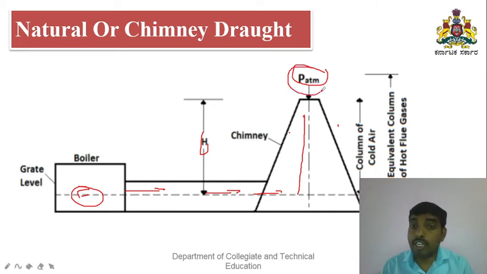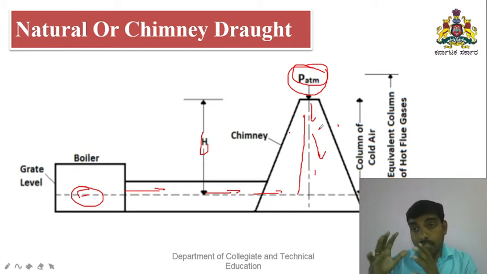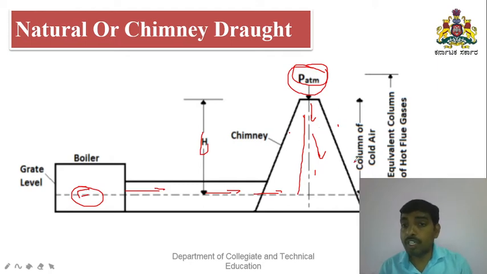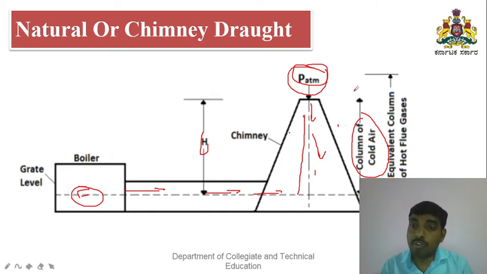Whatever air is outside in the atmosphere will flow inside and fill the chimney with a certain density. The air contained in the atmosphere flows into the chimney, and it has a pressure as well as a density. We can call that a column of cold air. This amount of air will occupy the chimney. That atmospheric air is a column of air. Its pressure will be very low compared to the pressure of the flue gas.